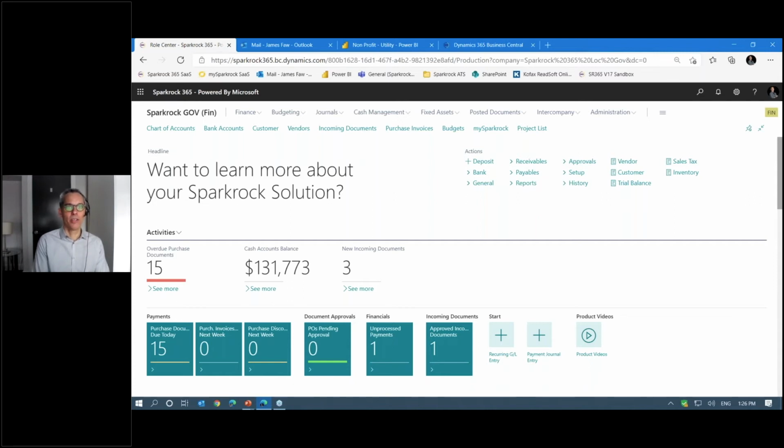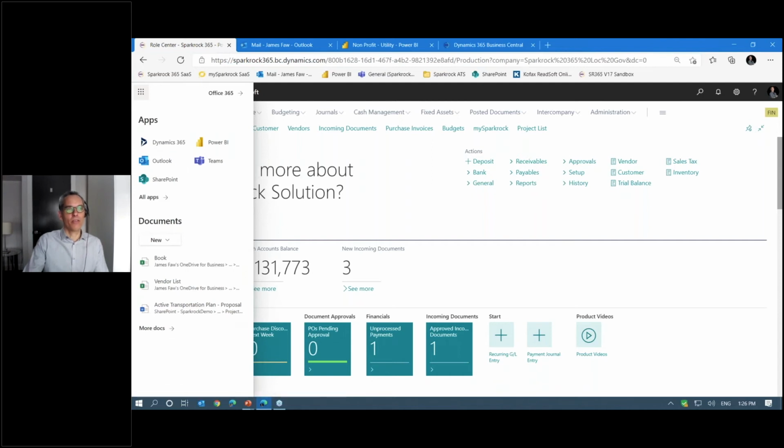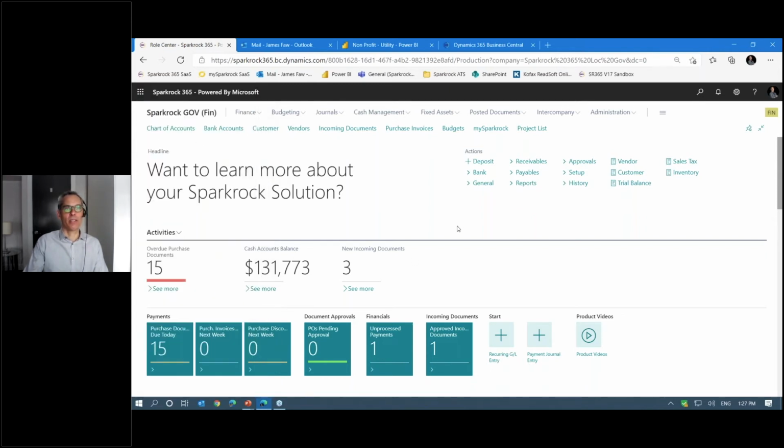And as Matt mentioned, there's lots of risks today as the cybersecurity environment becomes more challenging and risky for organizations. Having something that's only upgraded every 2, 3, 4, 5 years is very, very risky for an organization. So this application is delivered in terms of those efficiencies where your team doesn't need to manage that. You've always got the latest and greatest. It's also delivered within the Office 365 or the Microsoft framework. So you can see here's Dynamics 365, but also it's within the same place where I would log in as a user to see my Outlook or go to SharePoint or Teams or Power BI or Word or Excel, any of those. I can access this application in that same place.